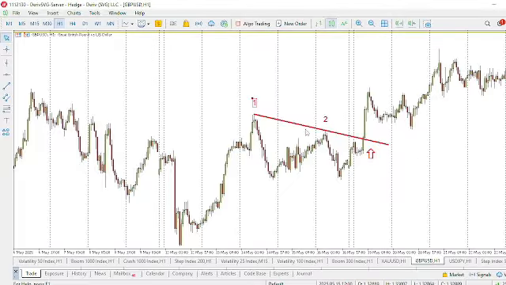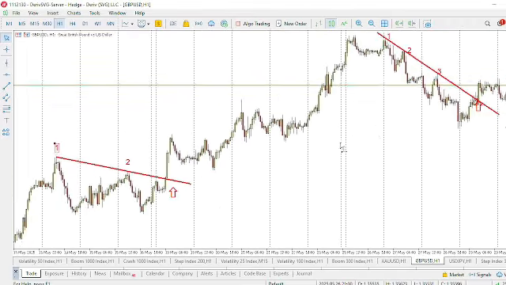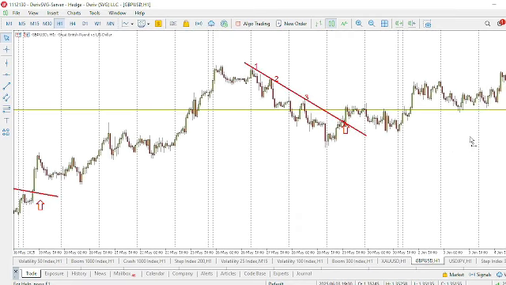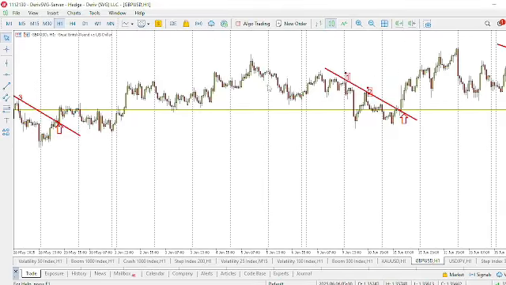So we have point 1, point 2, and at the third touch, price broke through the trend line, and then you can see the massive movement to the upside. Now, don't forget I told you also that when trend line breaks, you have multiple touches. Point 1, point 2, point 3. At the fourth touch, price broke through, and then I told you your entry is some pips above the trend line. Put your stop loss below that last swing, maybe somewhere around here, and then you watch it go up. Look at it. Price literally went to the upside